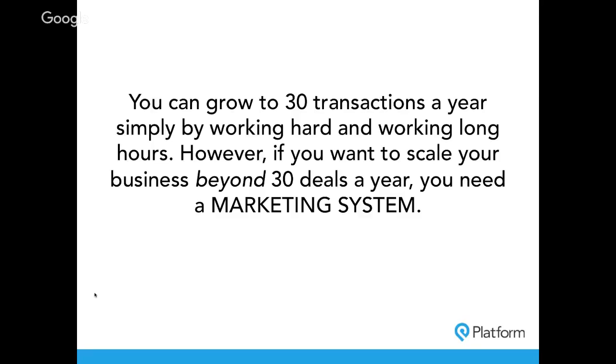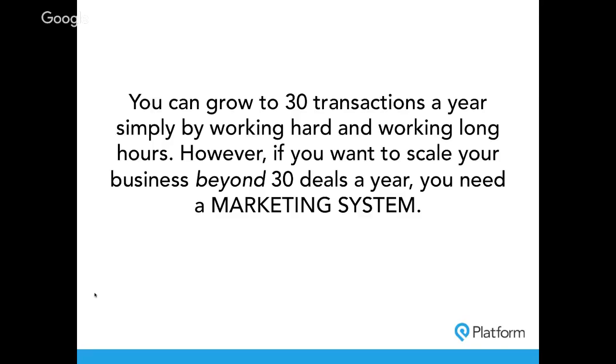So this is what I've observed with all the agents that have hired me for consulting: what got them to about 30, 35 closings a year was straight up hustle. It was hard work. It was putting in the time. It was their willingness to sit opens on weekends, to call and follow up with leads religiously, constantly asking friends and family for referrals, making sure they always followed up with sign calls, answering their phones on nights and weekends. Basically they just put in the time. They hustled, right? They always hustled. So hustle and sales skill can get you to about 30 transactions a year.